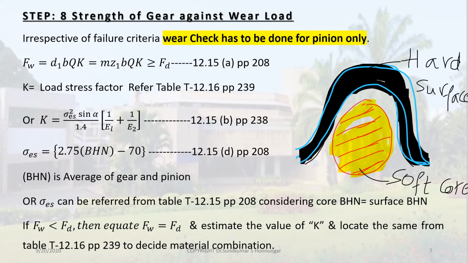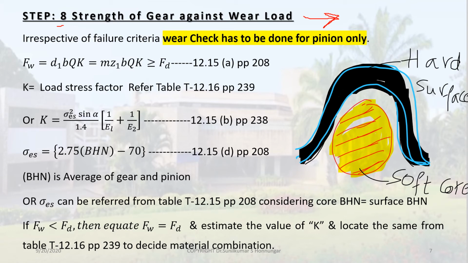So the next slide is going to be the last slide. That is step number 8, strength of gear against wear load. This is going to be the last step. It is very simple, and remember, I told you in the beginning, in slide part number 2, the design procedure: irrespective of your design criteria, the wear test has to be done for